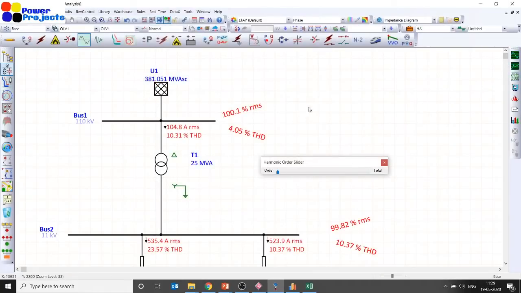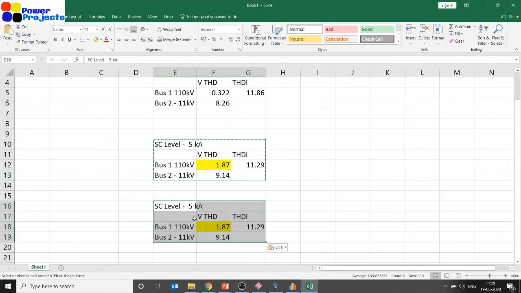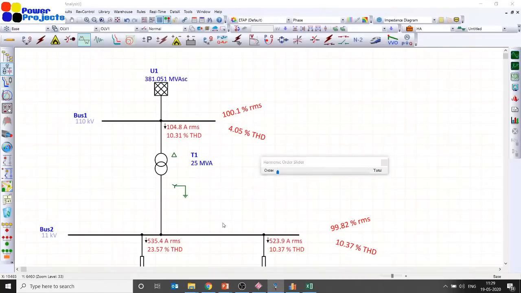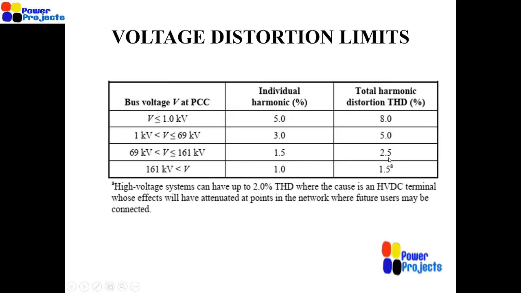at 10 kV. Then you can see your total harmonic distortion is 4.05%. That is definitely not within the limit of your IEEE 519, where the harmonic distortion is quite high, and that is definitely more than IEEE 519 limits. That means you are not only failing to meet the current distortion limits, but also the voltage harmonic distortion limits, both the total and might be individual as well.